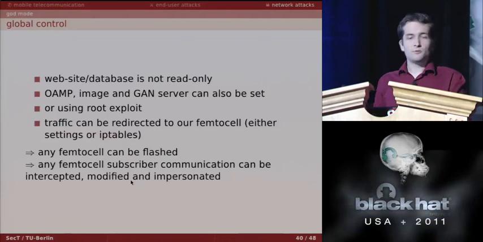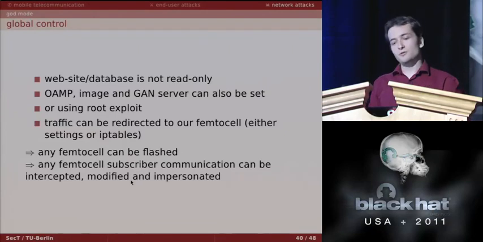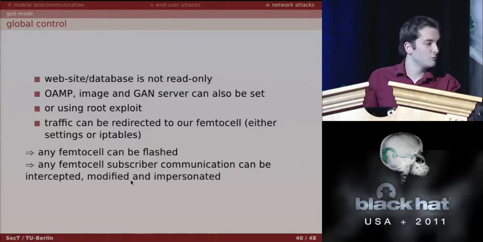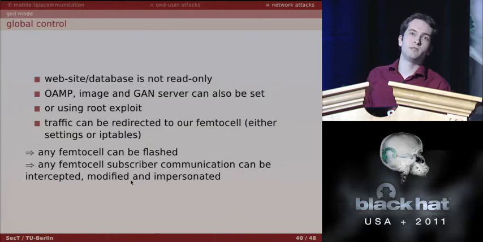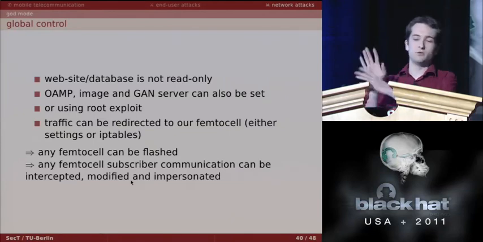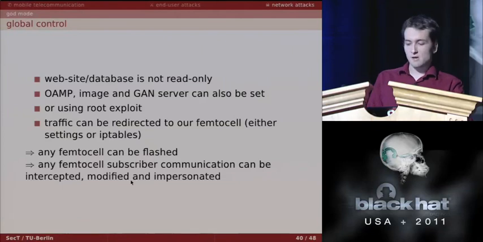Not only could we abuse the subscribers, but also the femtocells, because we can push our own configuration. We can completely configure the femtocell and say, okay, don't use this security gateway, use our security gateway. Now, use the femtocell for our operator and our network, not for this other one. You could also push some new firmware images to change the binaries, whatever. Yep, so